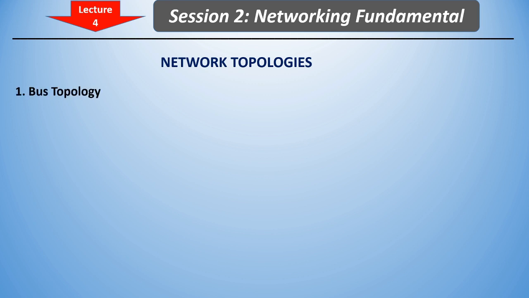First is bus topology. In bus topology, there is a central cable which joins all the computers in the system. The cable is known as the backbone of the network. It transmits data only in one direction. One of the computers in the network typically acts as a server that provides data to all the clients. This topology is used in small networks where the cable requirement is relatively small.